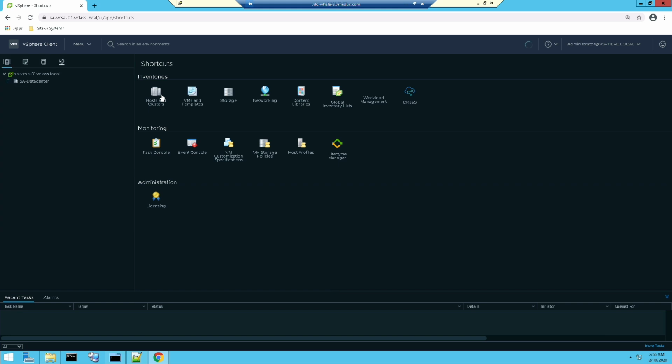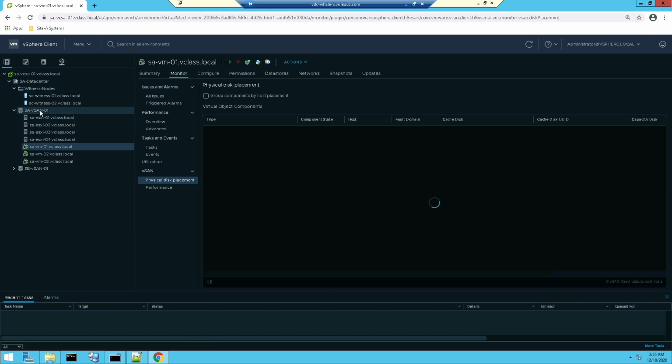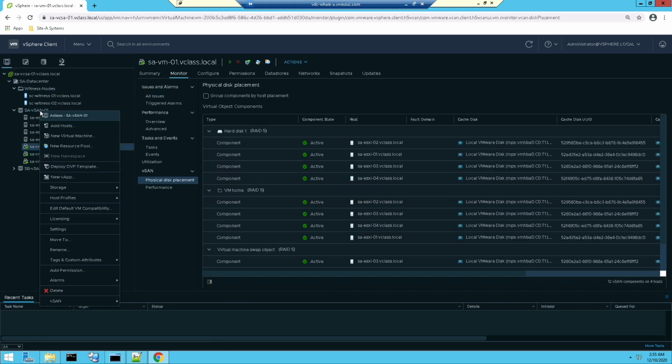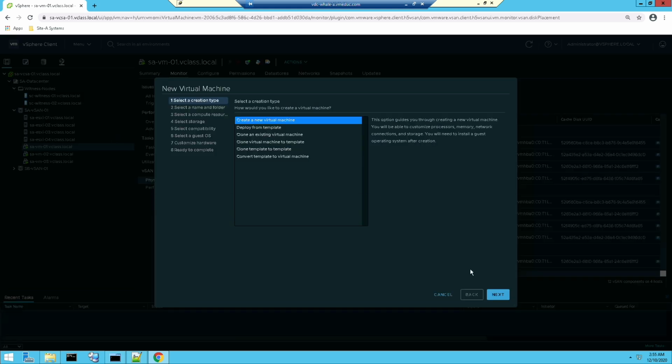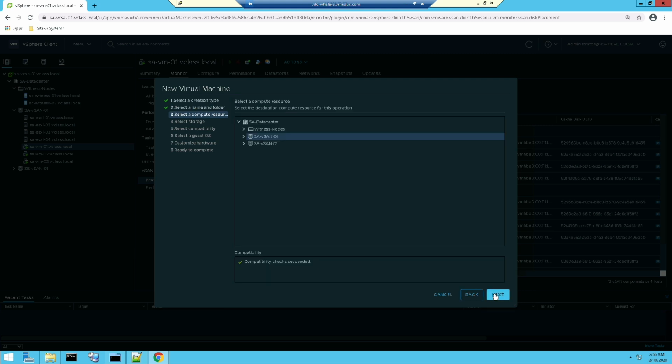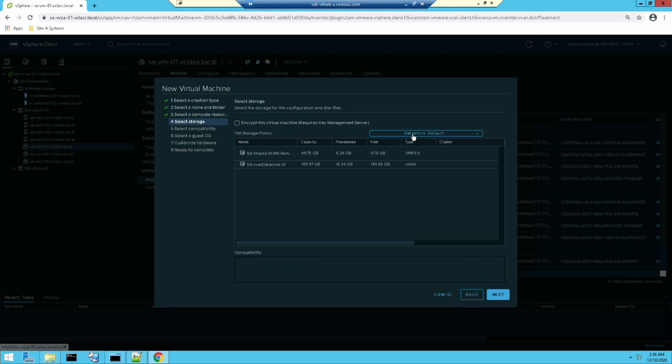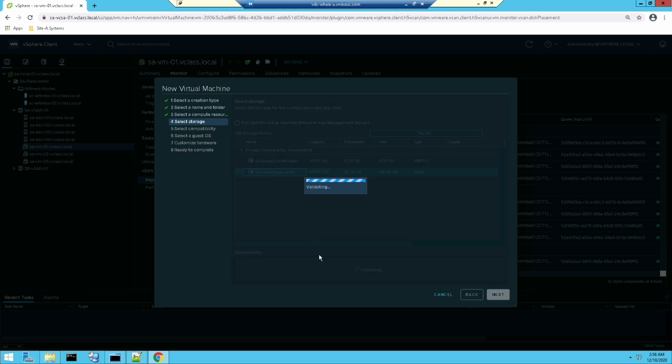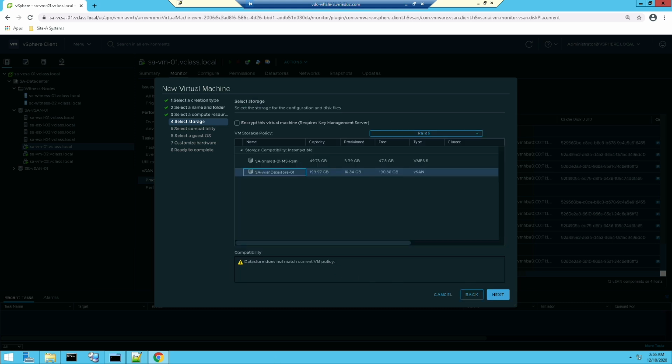Now let's see what happens when I try to use it. I am going to go to my cluster. I am going to try, notice I use the word try, to create a virtual machine. As I go through the wizard, I'm going to choose one of my clusters, and I am going to choose my RAID 6 policy. Once again, it tells me it's incompatible with everything. Okay, let's assume I don't know what that means. I choose my vSAN datastore. I get this warning. Once again, if I try to proceed,